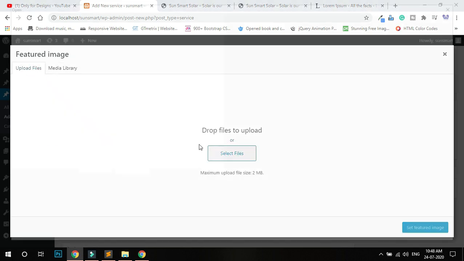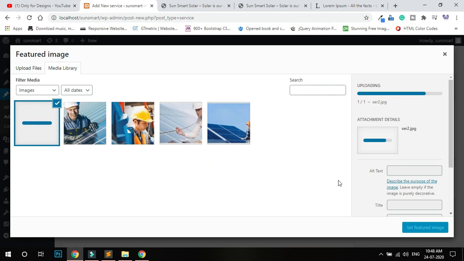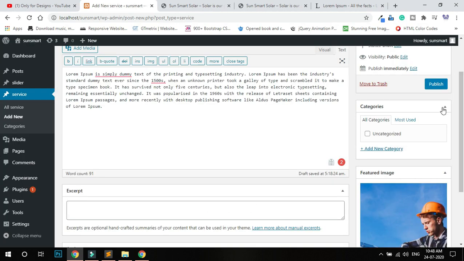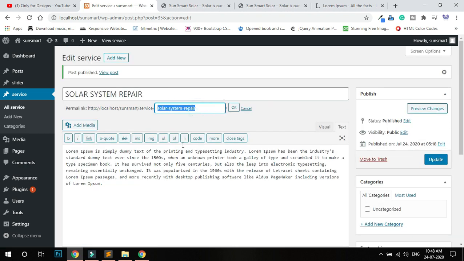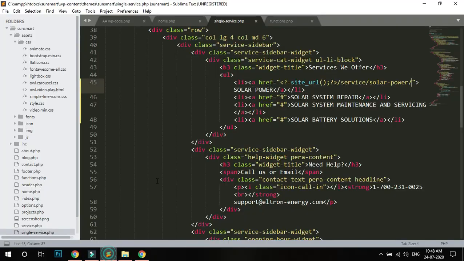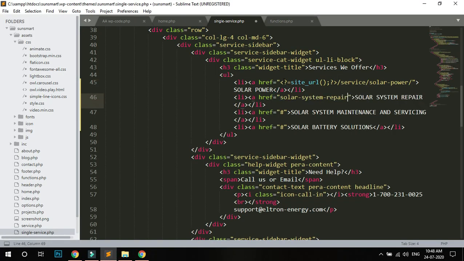Second image, add, publish. Okay, and just copy this name and paste here, and copy the site URL and service and paste.